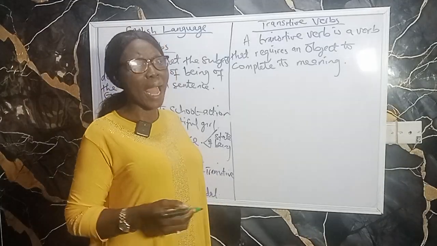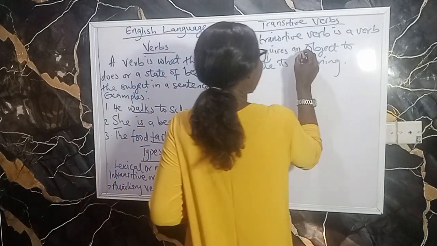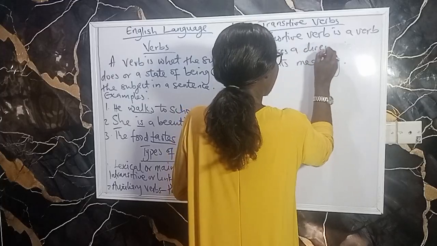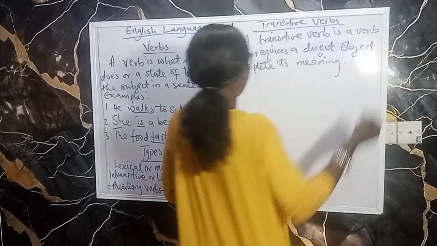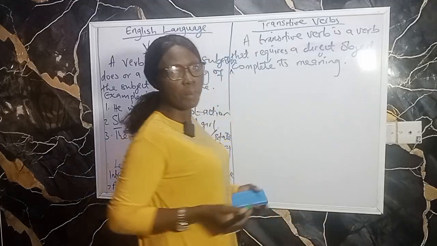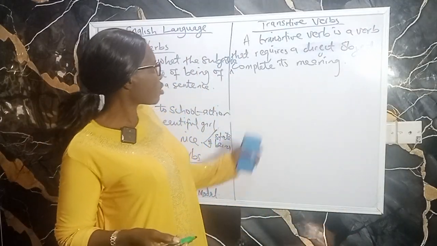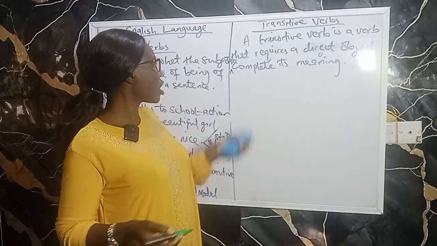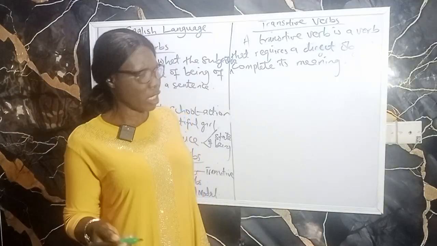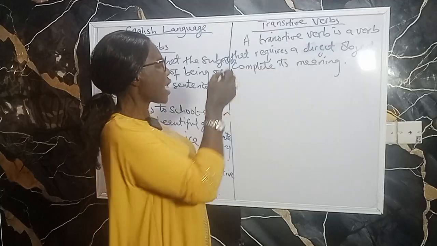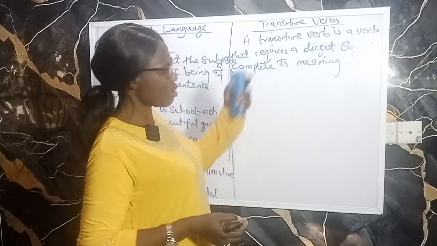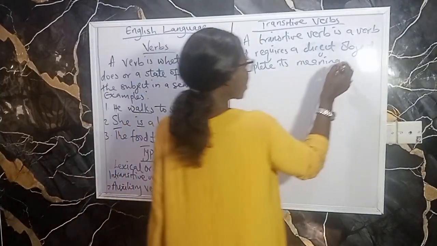That means they are followed by a direct object. A transitive verb is a verb that requires a direct object to complete its meaning. That means they are followed by a direct object, and the action of the subject is transferred to the object in transitive verbs. Examples: